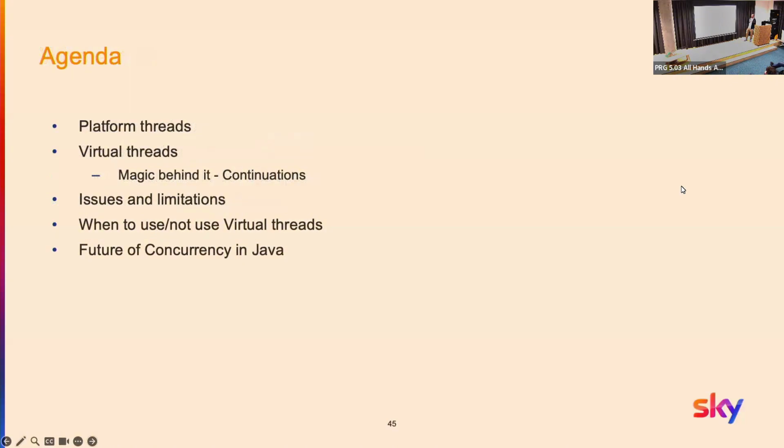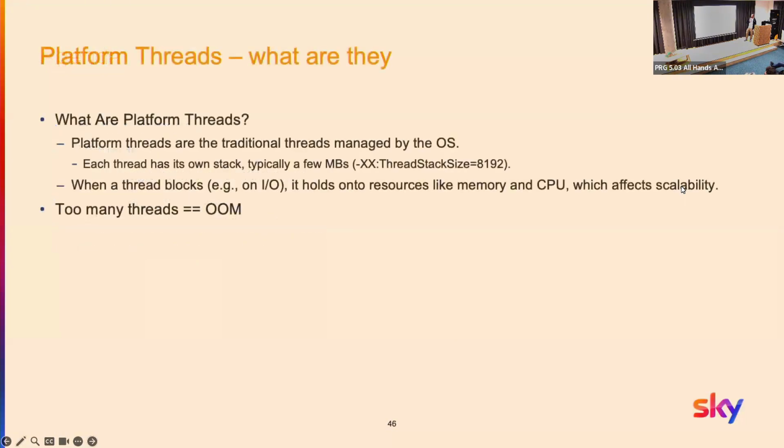So today we'll just briefly talk about platform threads, because it's important to understand the old stuff. Then we'll talk about virtual threads, how they work, what's the magic behind them, what are some issues and limitations that the current implementation has, when you should use them, and where it will probably lead in the very short future, hopefully. So, platform threads. When you start a thread in Java, it will allocate some amount of memory, and the